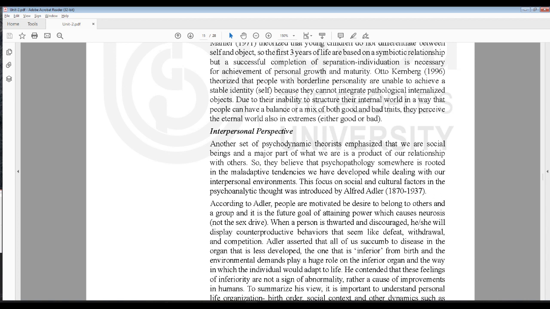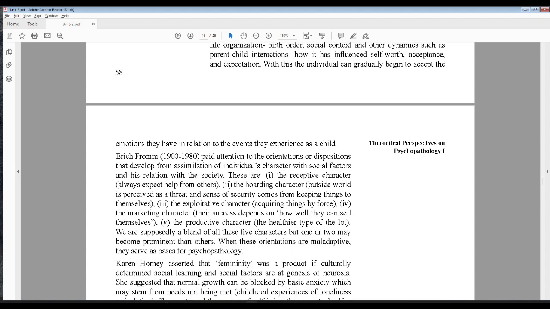To summarize his view, it is important to understand personal life organization, birth order, social context and other dynamics such as parent-child interactions, and how they have influenced self-worth, acceptance, and expectation. With this, the individual can gradually begin to accept the emotions they have in relation to the events they experienced as a child. Erich Fromm,